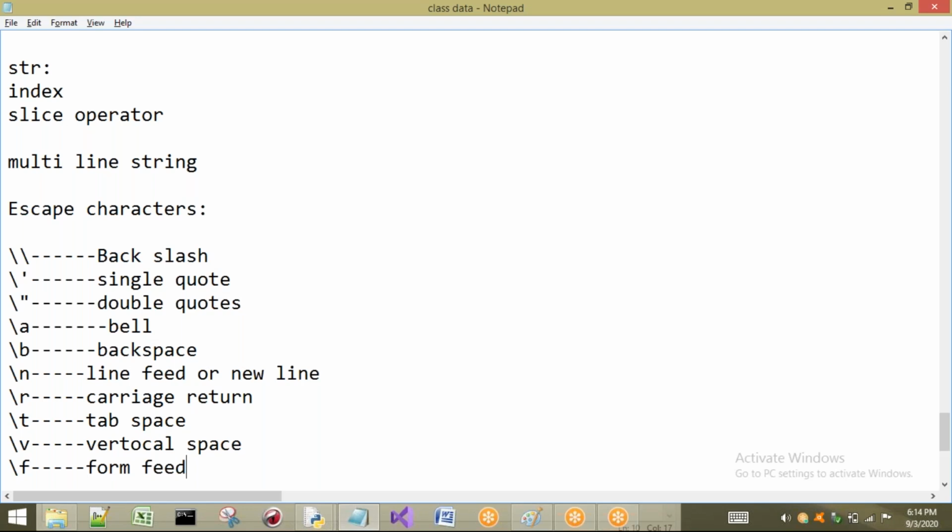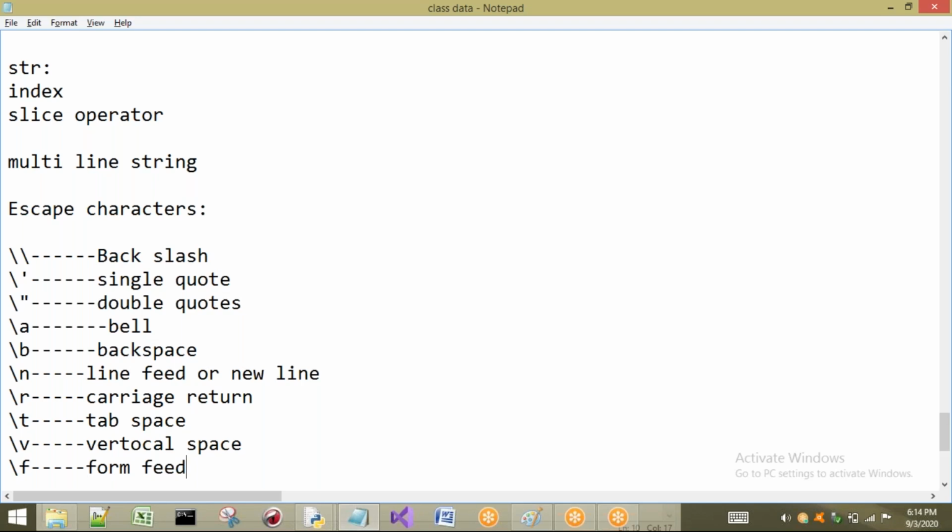Let us see, among these I will take a few and explain those escape characters. If I am using these escape characters in a Python program, what will be the result? These are also nothing but characters. If it is a character, compulsorily we have to represent these characters inside quotes. If we want to store a character, compulsorily we have to enclose it with single quotes, double quotes, or triple quotes.